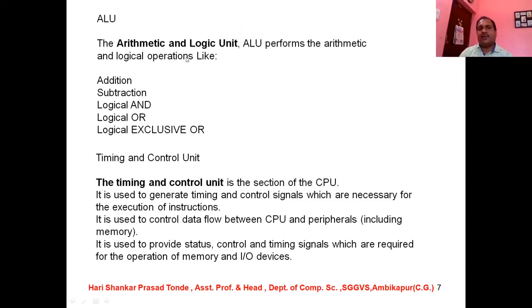The ALU, meaning arithmetic and logic unit, performs the arithmetic and logical operations, meaning addition, subtraction, multiplication, division, and various types of carry operations. The data is communicated from one part to another with the help of various types of gates. This is performed with the help of the arithmetic and logic unit. In the logic unit, various types of gates are available: AND gate, NOR gate, XOR gate, NAND gate. So these are the various types of gates.